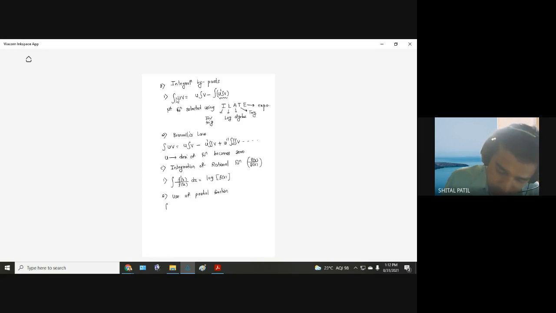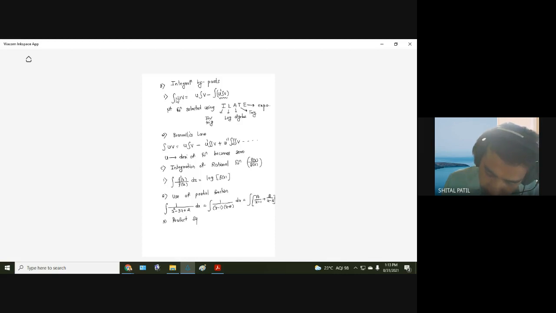Hope everyone knows this, partial fractions. For example, we want to integrate 1 upon x square minus 3x plus 2 dx. That may be written as 1 upon (x minus 1)(x minus 2). Then we can find partial fractions, a divided by x minus 1 plus b divided by x minus 2. And then we can integrate. Please do the remaining part yourself. Okay. Many times it is not possible to find partial fractions. Then